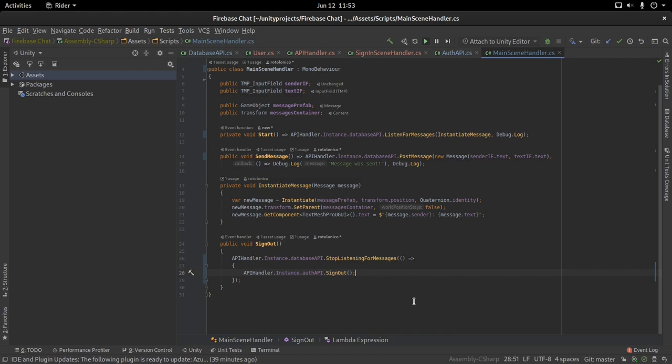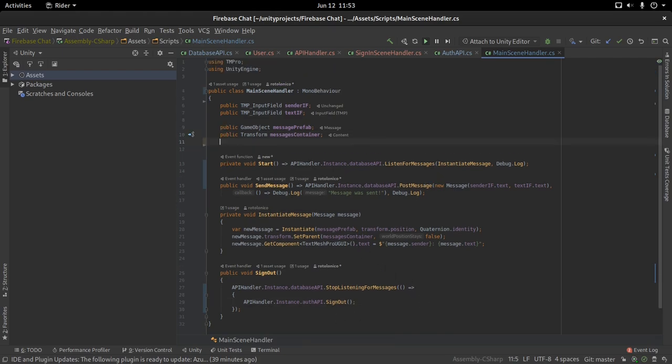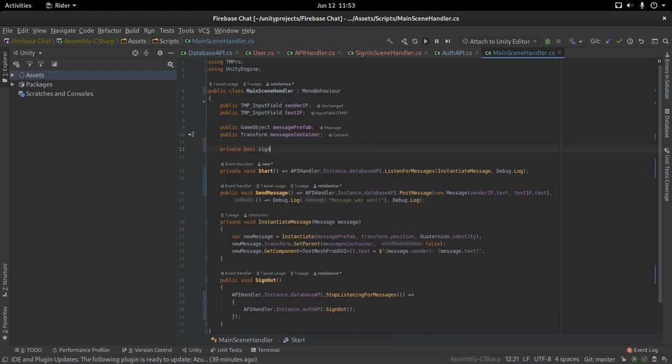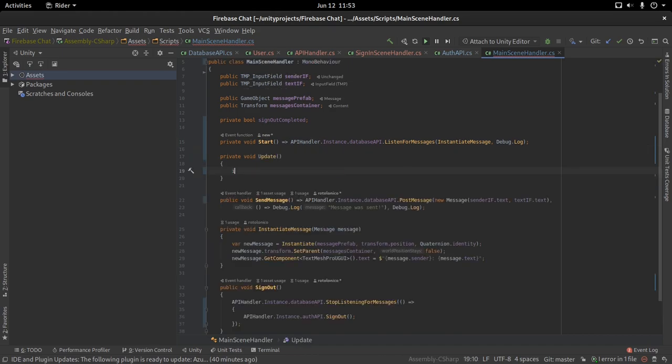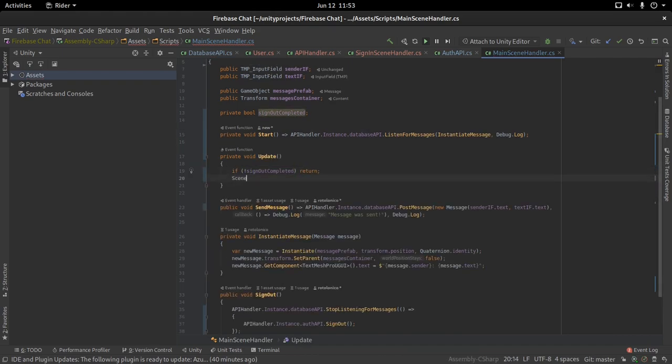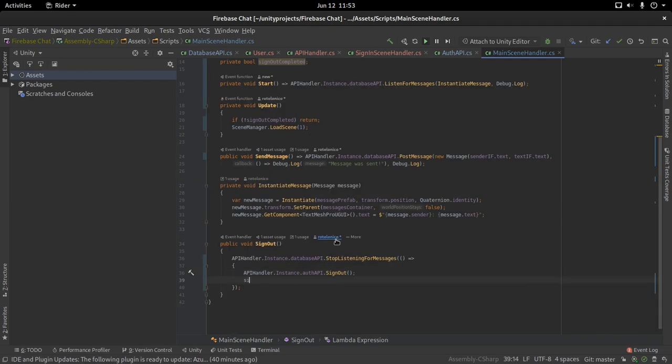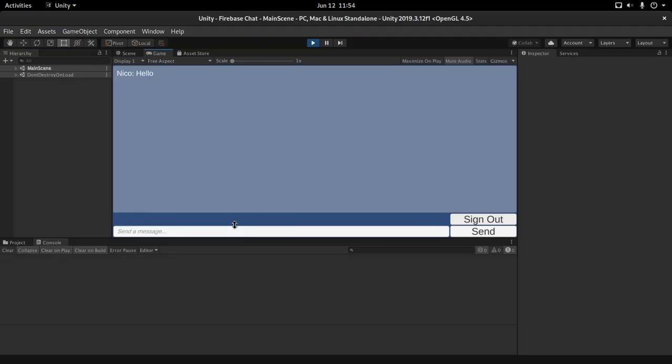And then, yeah, we're going to have the same exact problem right here. We're just going to create a flag, which is sign out completed. And right here in update, we are going to just check if the sign-in is not completed. We're going to return, else we are going to go to the other scene. And here we can do sign out completed equal to true. Okay, great, this works. But now actually you will see that when we type a message, we're also going to